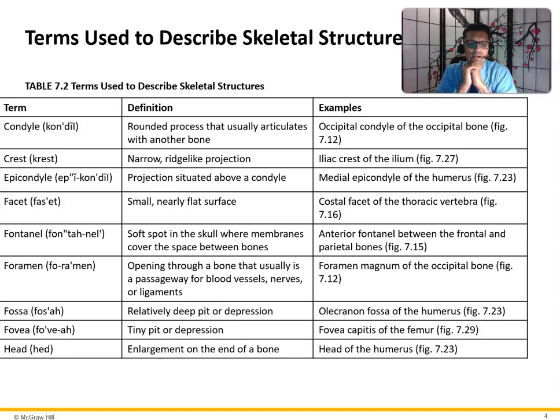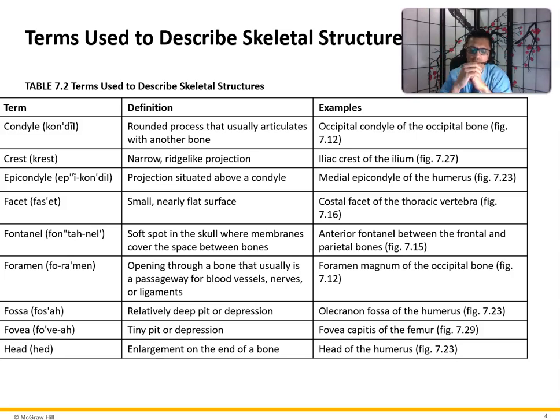The facet are small, nearly flat surfaces. The costal facet of the thoracic vertebrae, they're like this. The fontanelle is a soft spot in the skull where membranes cover the space between bones. So kids have these fontanelles. If you look at a small little baby, you can actually see their heart go boom, boom, boom, boom, and that's the fontanelle. They have anterior, posterior,